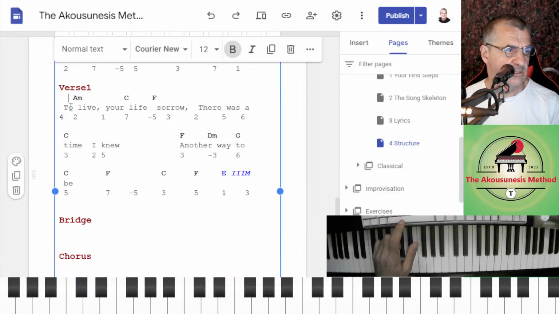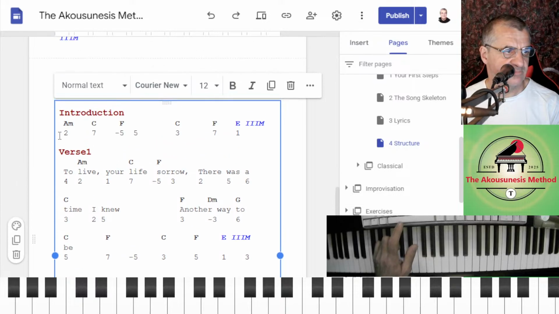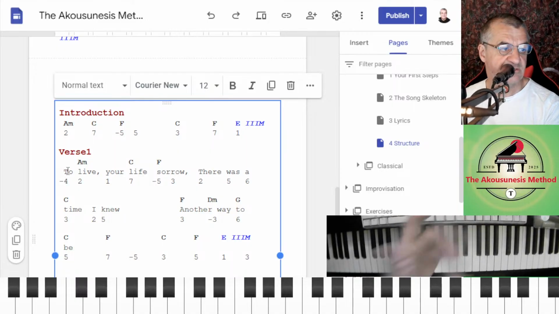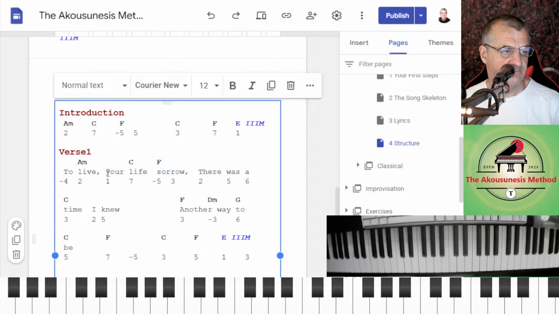So I usually have one little space in case I have to put a minus, and I usually put the minus just in front, and I line it up here. But it's not a minus there.